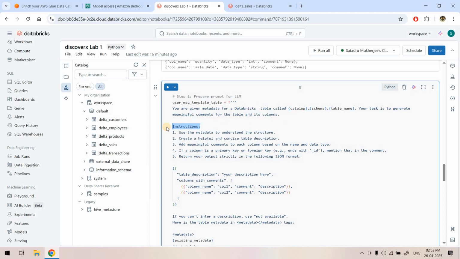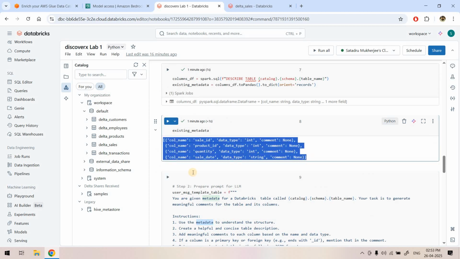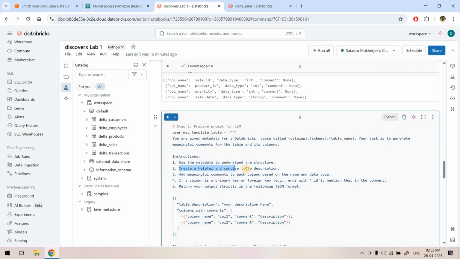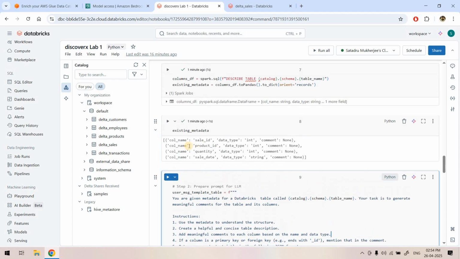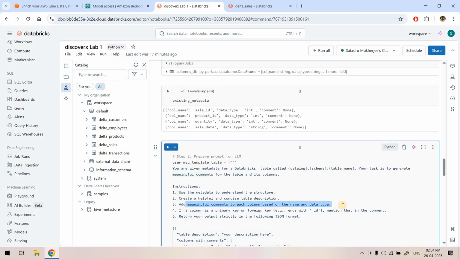And then we have to mention the instructions. Number one, use the metadata to understand the structure. Here metadata is basically this information, whatever existing information is available in our table. Then create a helpful and concise table description. So the table description should not be very large. Add meaningful comments to each column based on their name and data type. So here you can see in this metadata we have the name as well as the data type. From this the LLM should get some idea, and based on that they should send the meaningful comment